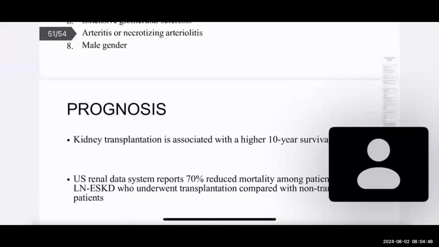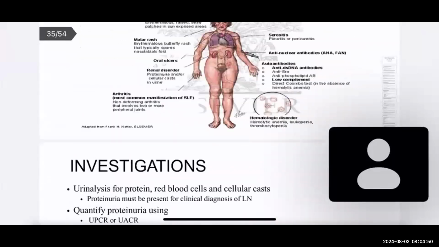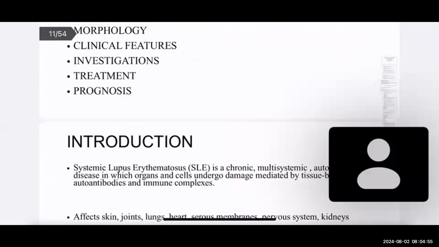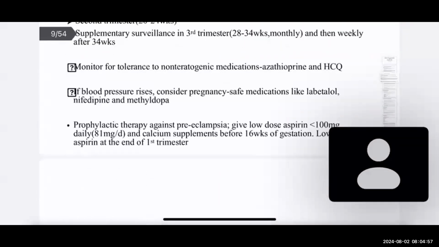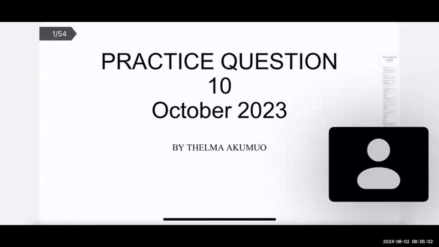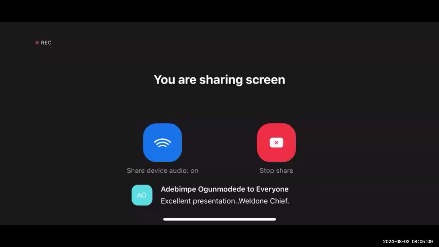Why am I echoing? I don't know. I wasn't there before. Somebody had two devices on, and both of them have volume. So please, they should switch off one, please. I think the presenter, or the person that like. Just switch off the audio on one. Oh, thank you so much, sir.